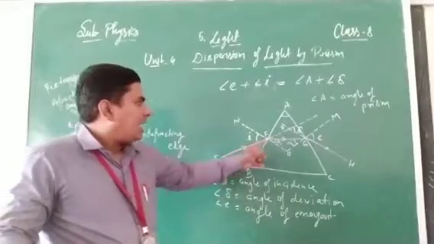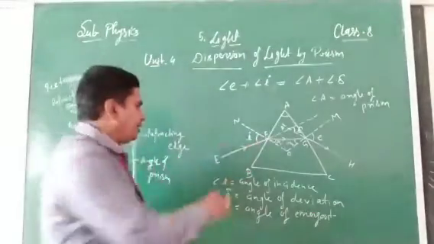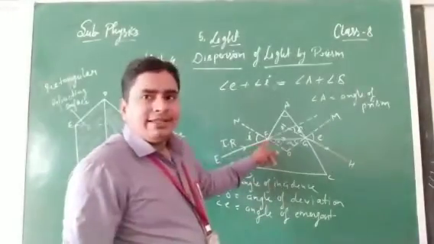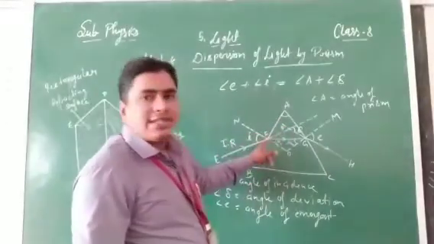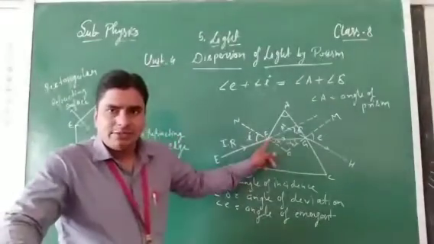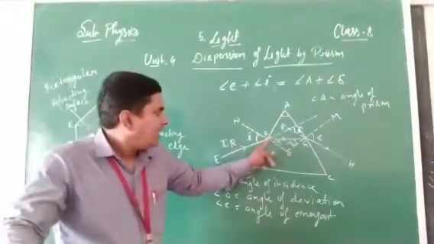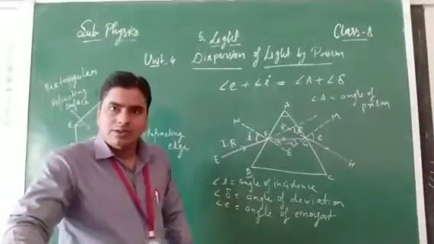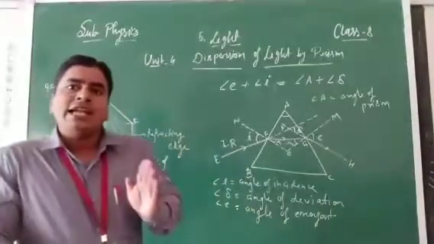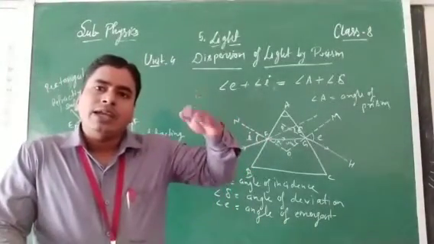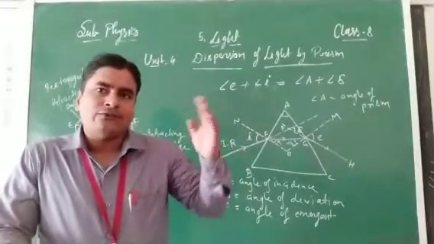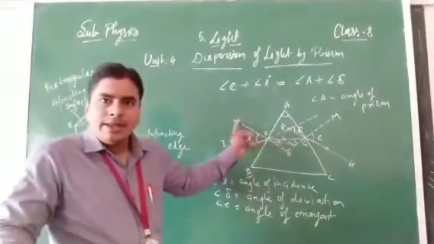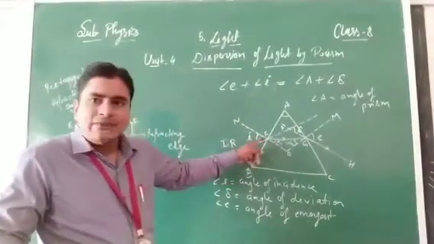Here, so see here. When we pass a light ray EF, this is the incident ray. After entering this glass-air interface, this is the first point of refraction, it will bend towards the normal. Because we know that when a light ray travels from air to a denser medium, it bends towards the normal after refraction. So here we draw the normal NO. So this is the angle of incidence, I.